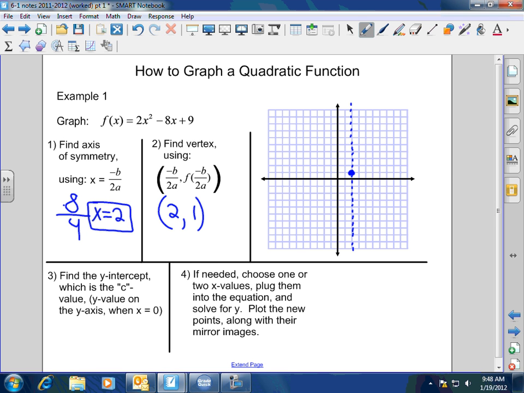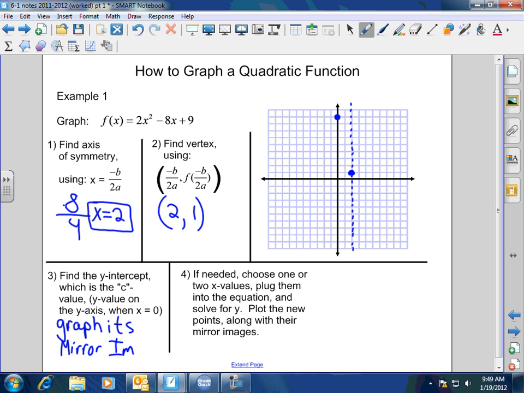Now, step 3, the y-intercept. When the x is 0, what's the y value here? 9. Very good. So my y-intercept is right here. Now notice what this says. Find the y-intercept, which is the c value, y value on the y-axis when x is 0. But I forgot to put one thing here. Not only do you find it, graph it, but you graph its mirror